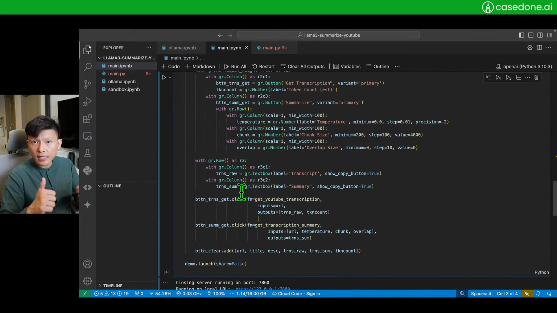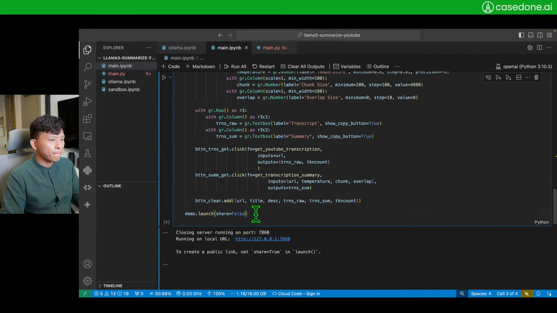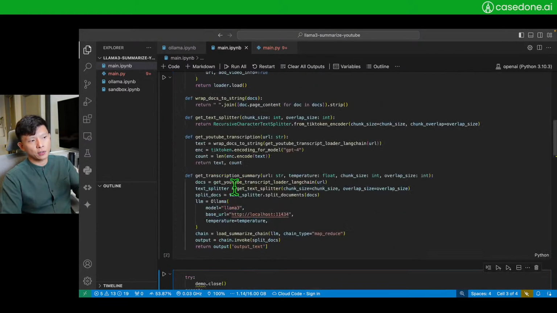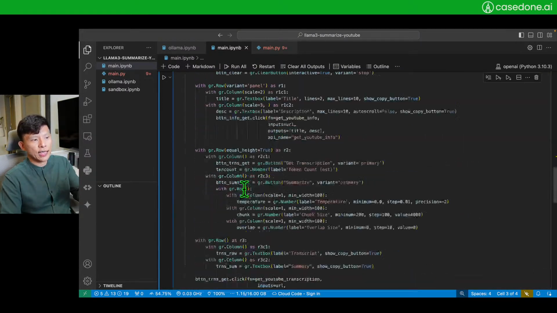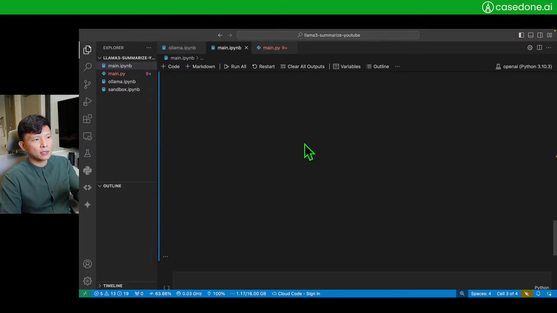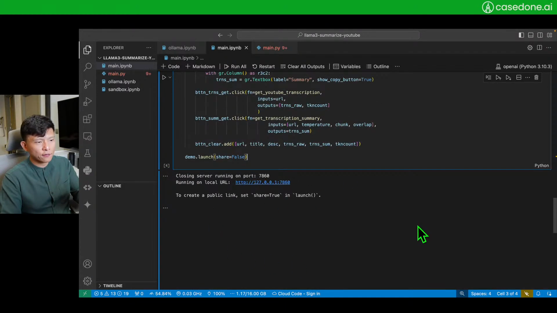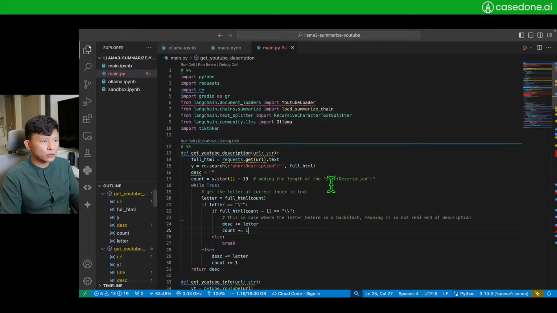And yeah, we can give it a go. Okay, by the way, this is a Jupyter notebook. You can have a Gradio interface embedded here, but what I want to show you is